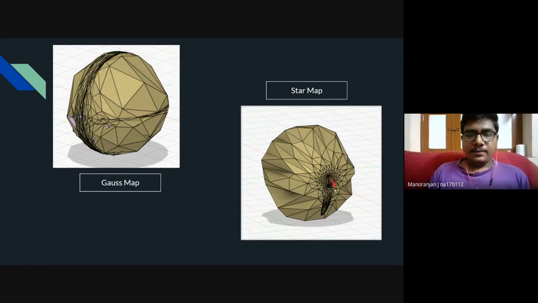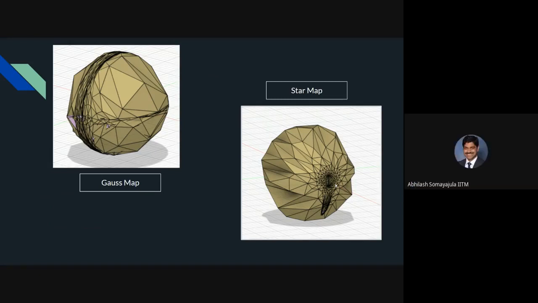But in the case of star map, the middle region will not be mapped to that small a part of the sphere, but the regions towards the end will be mapped to a very small region. But our subsequent algorithms will be able to reduce that overlap and come up with a smooth surface. I mean, the panels will be spread out now instead of overlapping. Nimish, was that clear?